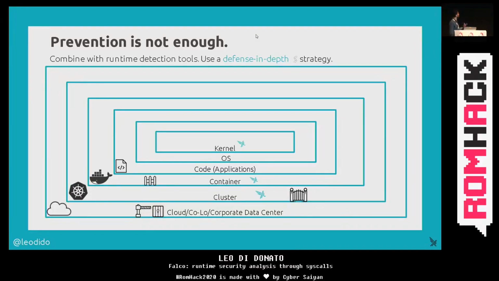For example, we have to implement what's called a defense in depth strategy. The term defense in depth derives, since we're in Rome, from a late Roman military strategy that was a bit different from the software concept. That concept was about intentionally giving up ground to reorganize and then counterattack the opponents, because they did not have the strength to defend all the borders, all the attack surface. In computer science, defense in depth means that